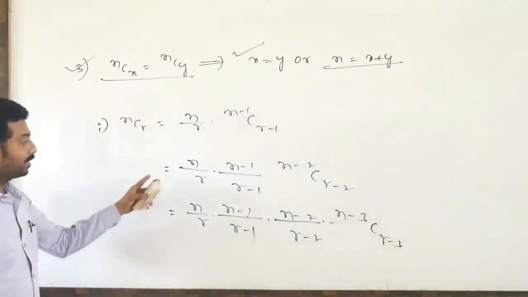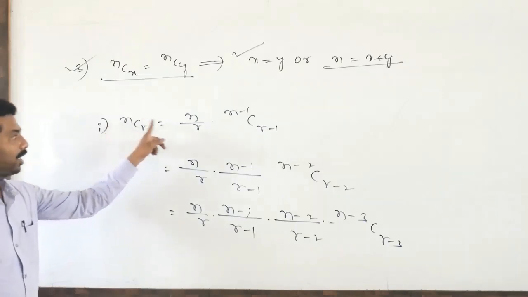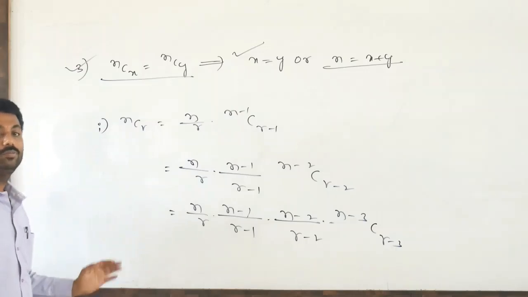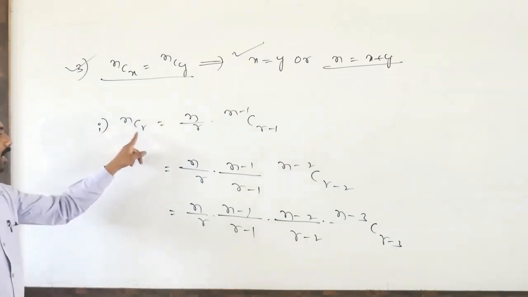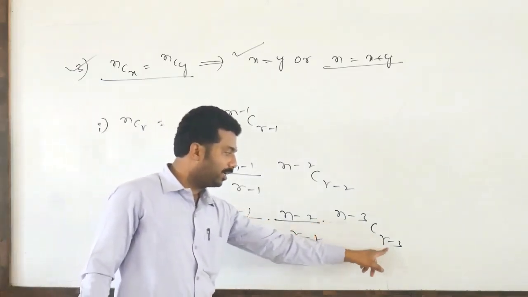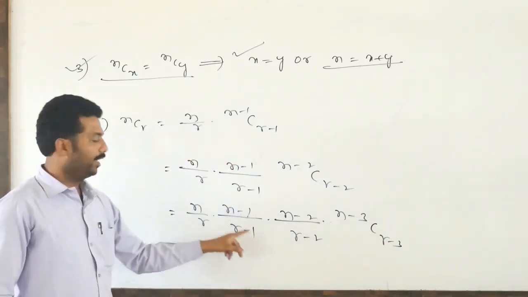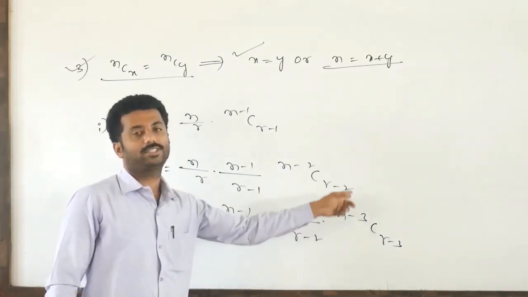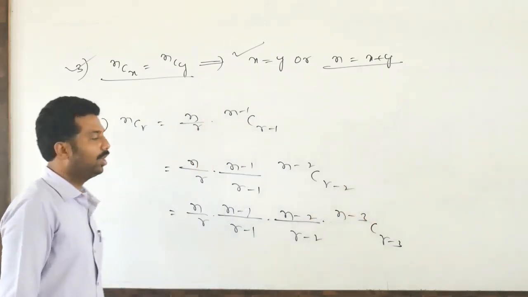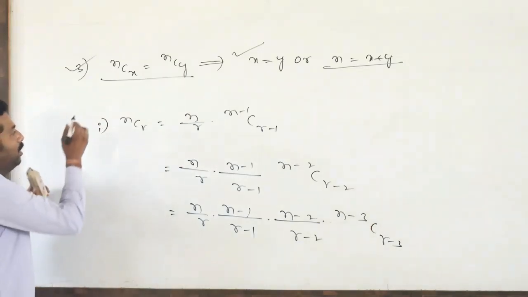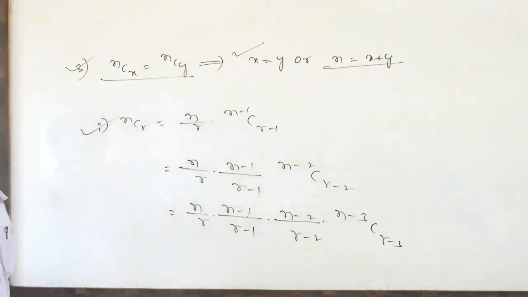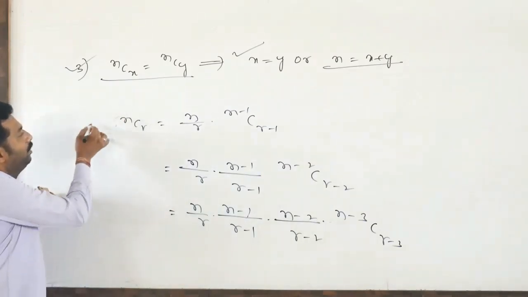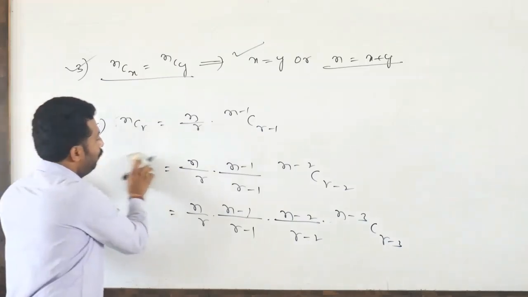See, these are the reduction formulas. nCr you can write like this or like this, and so on you can proceed. So nCr in terms of (n minus 3)C(r minus 3) we write n by r into (n minus 1) by (r minus 1), (n minus 2) by (r minus 2), (n minus 3) by (r minus 3), (n minus 4) by (r minus 4), and so on, you can continue this process. This is the most important formula you should remember. This is the fourth property. Next, the fifth property.